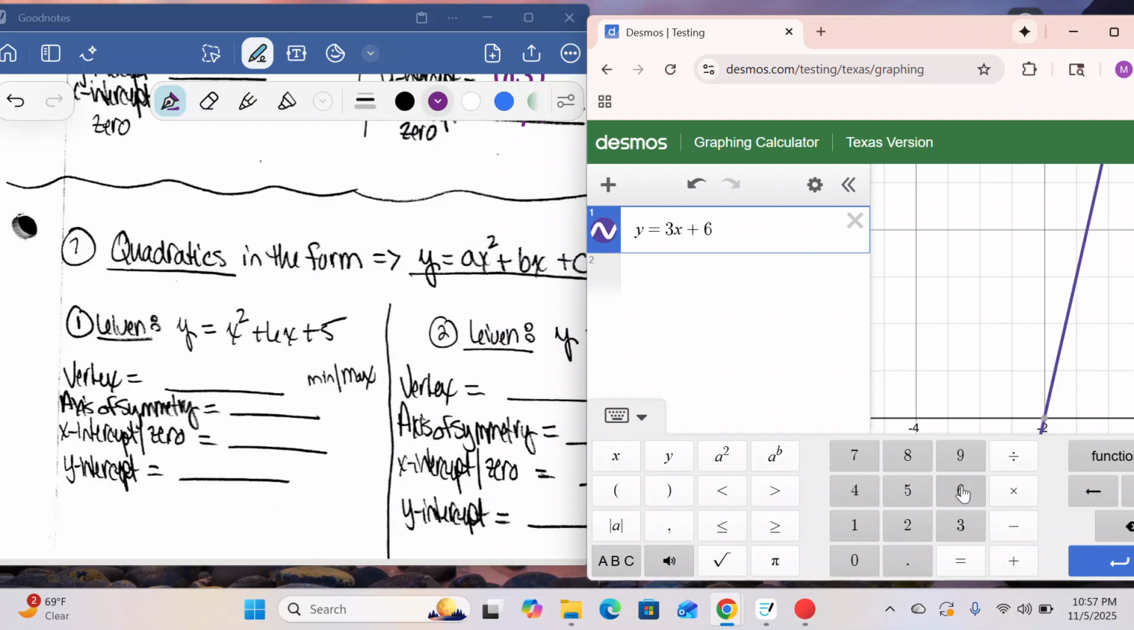We already know the line, we already know our x-intercepts, we already know our y-intercepts. But if you look at this equation, it's y equals 3x plus 6. Is it okay to not put the y and just put 3x plus 6? If I do 3x plus 6,